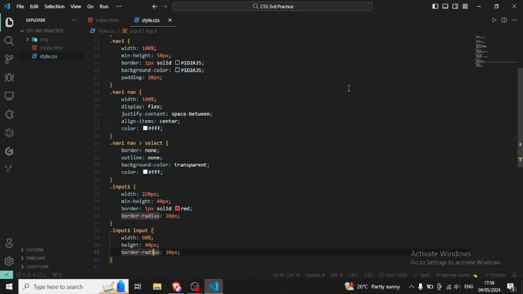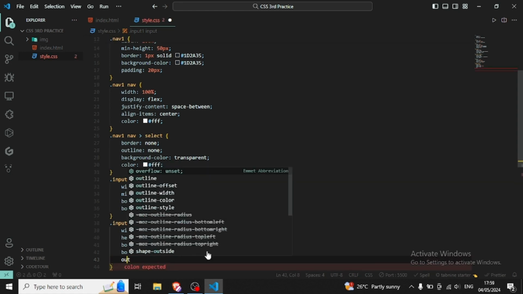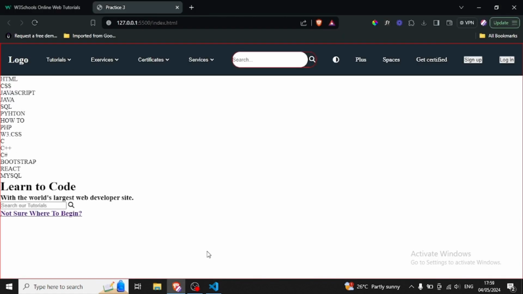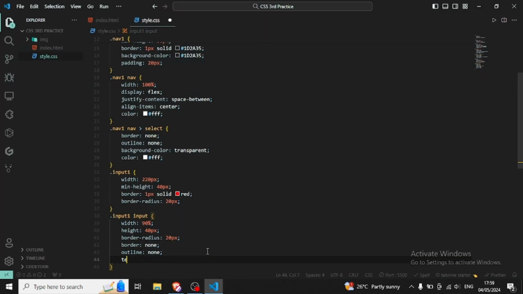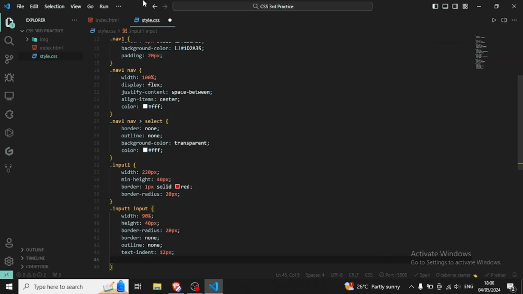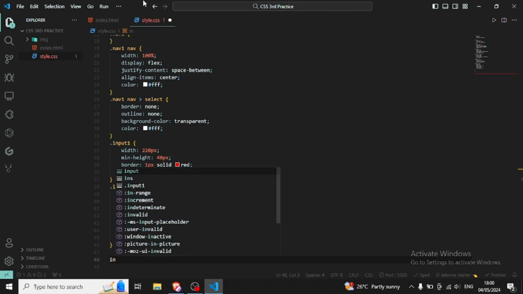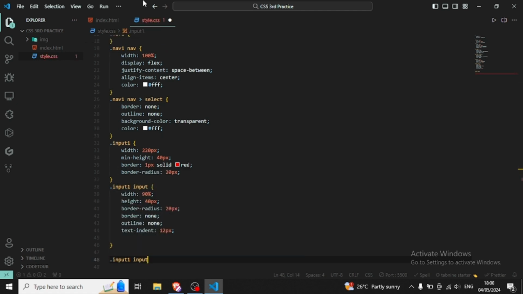Let's remove their border and outline from inputs. So outline is also none. So we don't have now. Let's give some text indent. 12 pixels. It's fine. And I think search button should be. Oh, I see. We can do for input 1 of the input of icon,